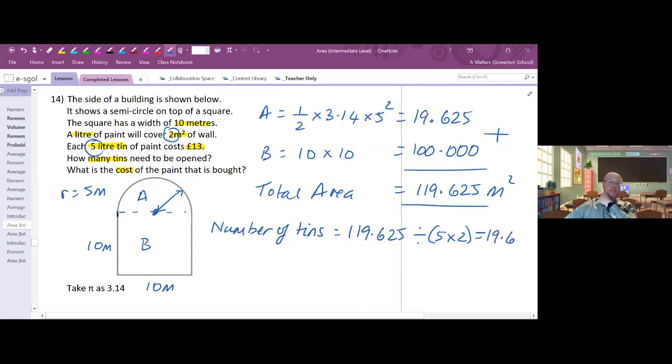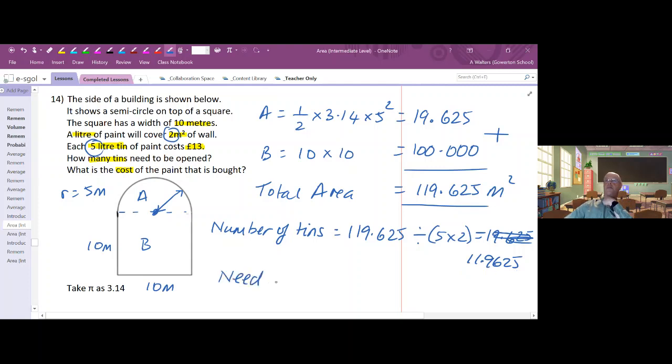119.625. Okay, 0.625. Now there's no such thing as... you can't go and buy 19.625. Sorry, what am I saying? 11.9625. There we are. You cannot buy 11.96 tins. All right, so we need